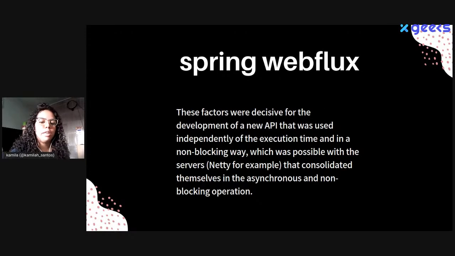These factors were decisive for the development of a new API that was independent of the runtime and non-blocking, which was possible with servers like Netty, Undertow, and Jetty, for example, that consolidated themselves in asynchronous and non-blocking operation.